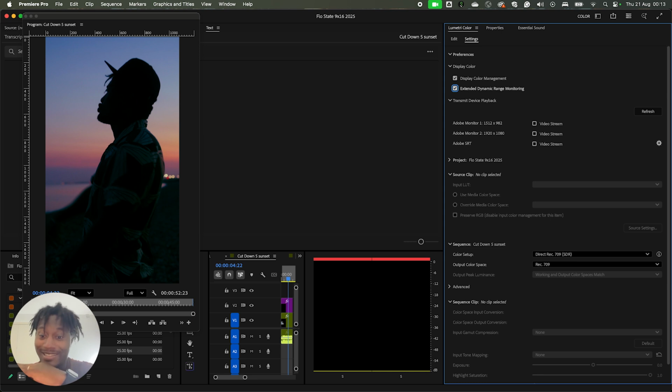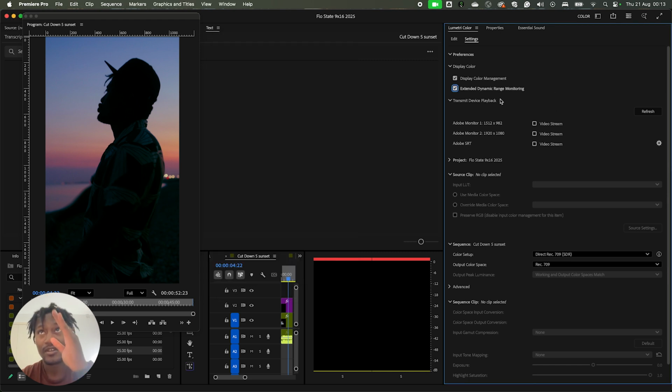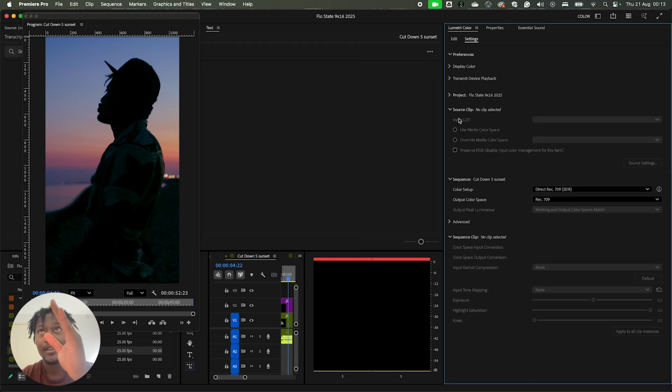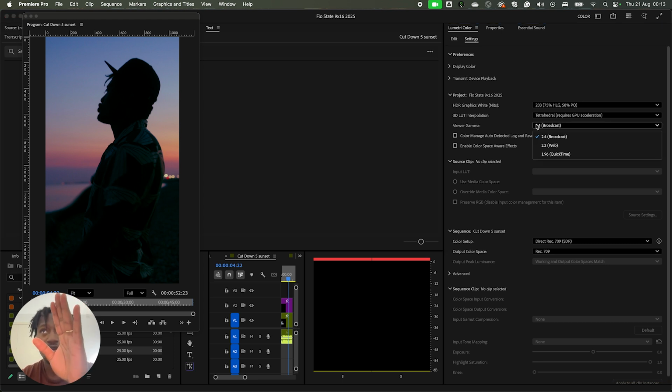Now, the reason why mine still doesn't look how it should, like this export that I did earlier, is because of the next thing that I didn't do. So in project, as I said, the viewer gamma is set to broadcast. This is set to broadcast by default. And yeah, what you need to do to make sure it views how it's supposed to for YouTube and your phone, any kind of Apple video,